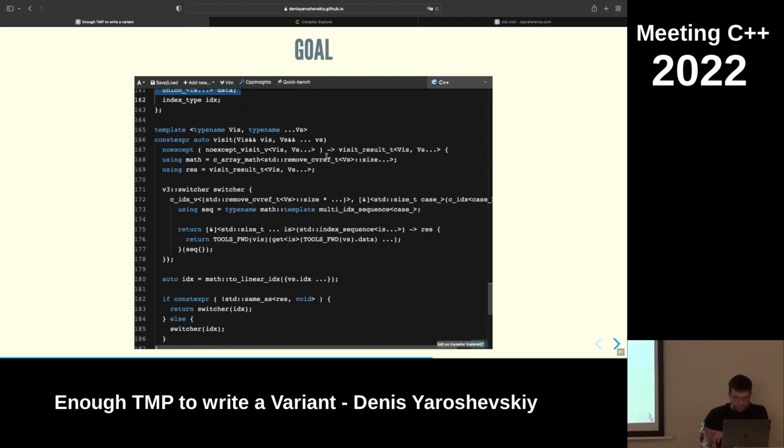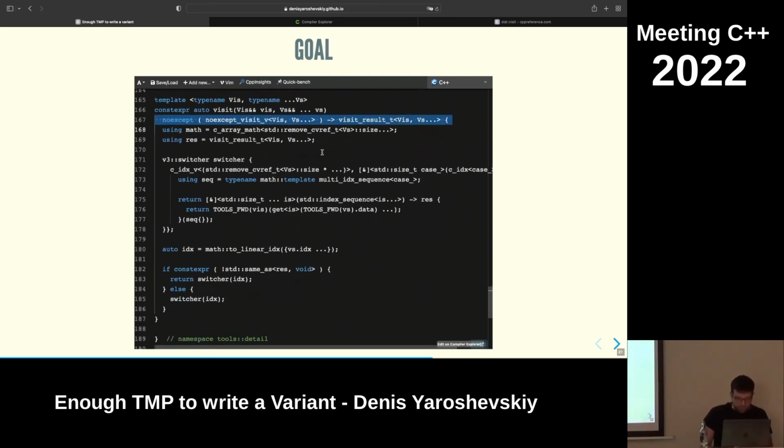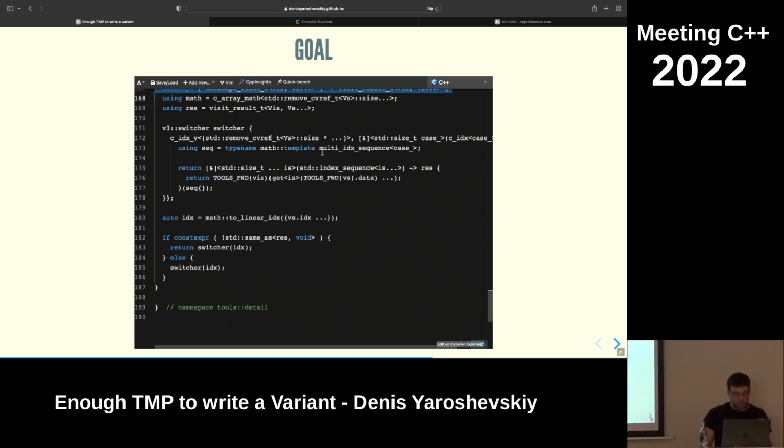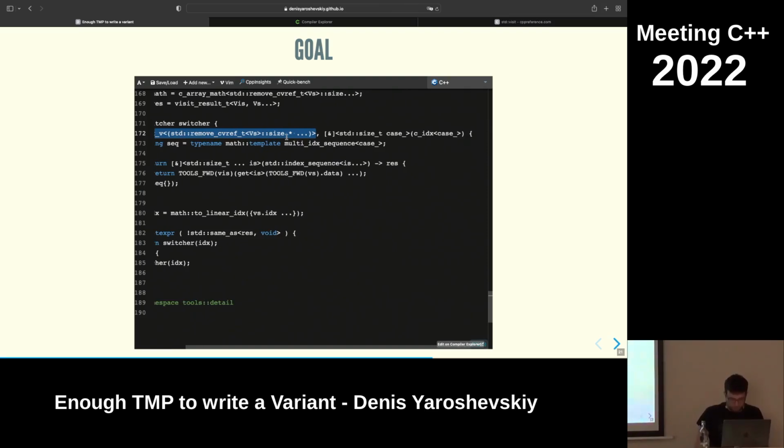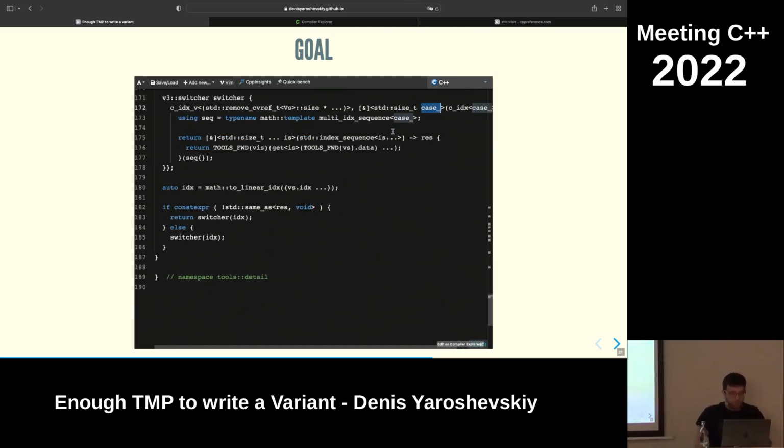Right, let's skip all of the noexcepts and results for now and just look at the runtime code. This is our switch, right? We have computed how many cases are going to be in a switch. Well, we had a bunch of variants. The multiplication of sizes is going to be the number of cases we have overall. For each case, we need to convert.